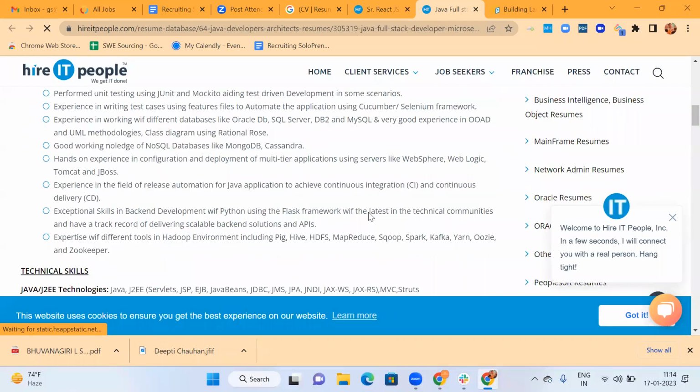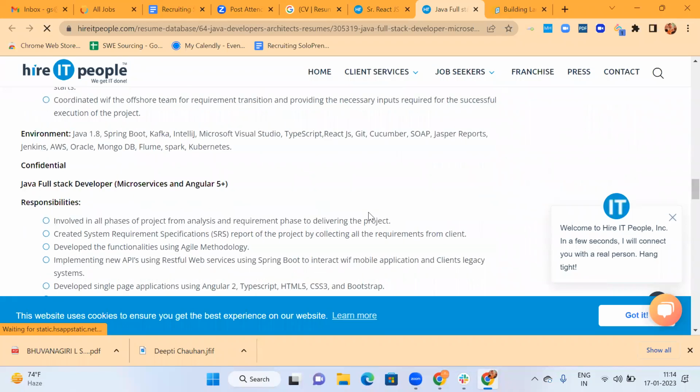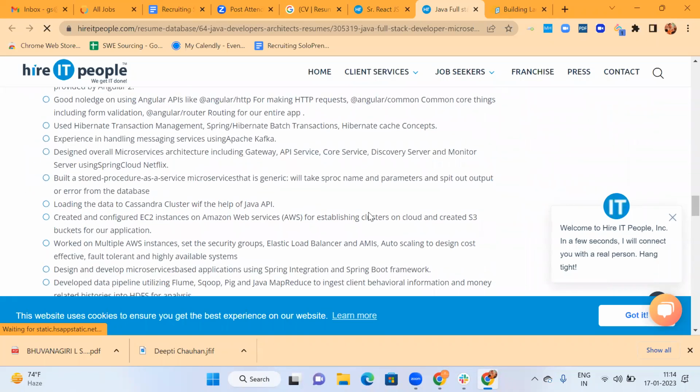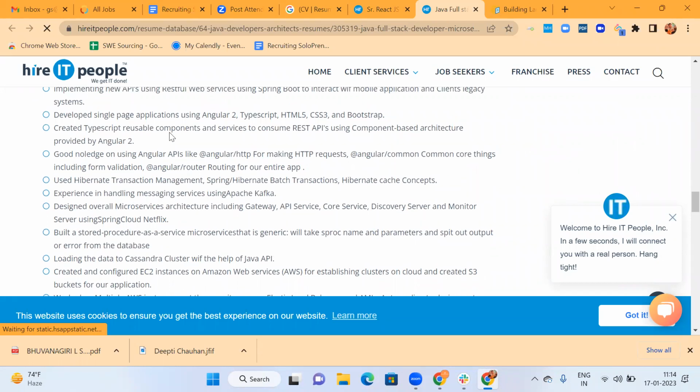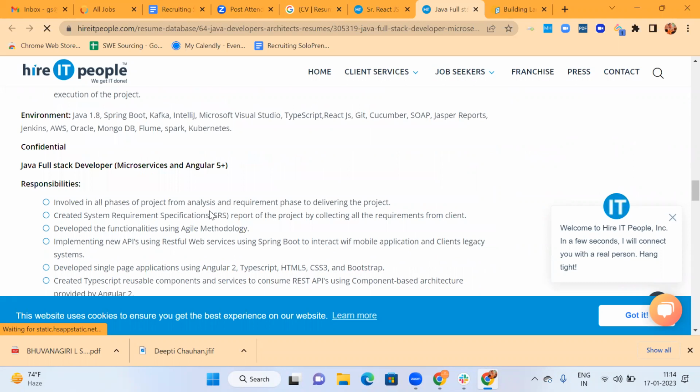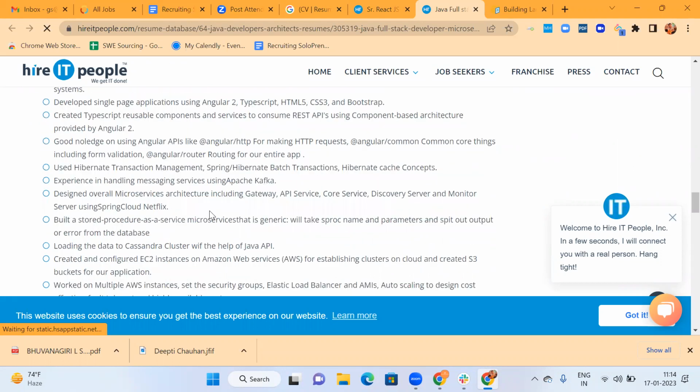Again we have a resume but no contact details of the person. They have also disabled right click and selecting. Earlier right click and selecting was enabled, but now they have disabled that too.